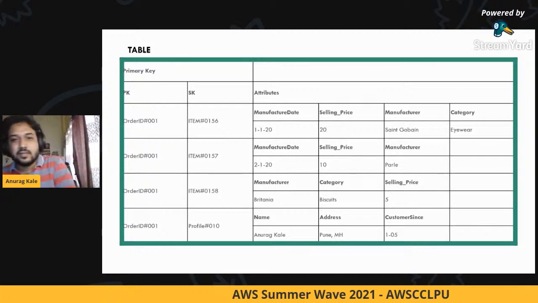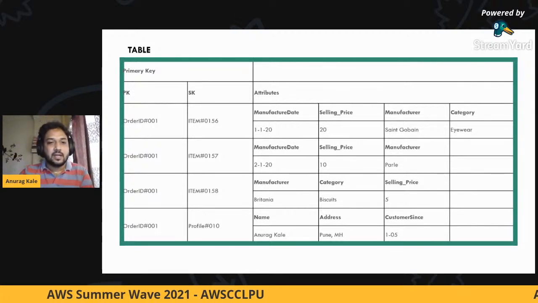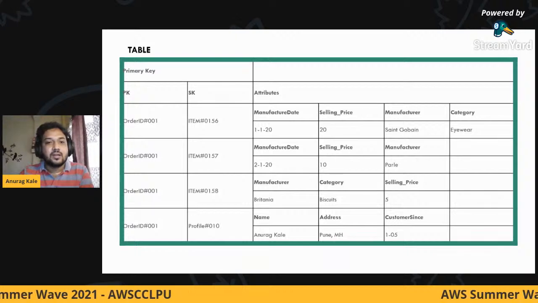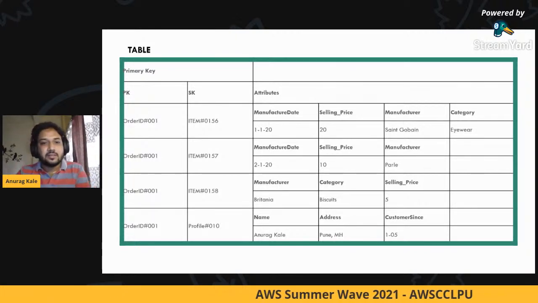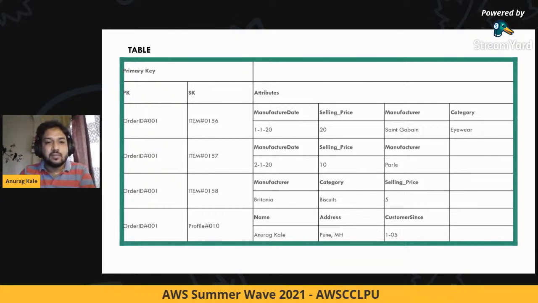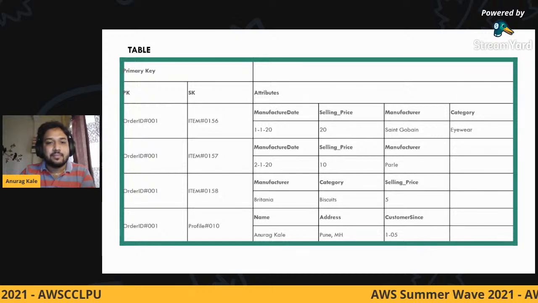So basically, this is a blank space altogether. Now, if you look at item 158, it has the attribute of manufacturer, but it does not have any of the others like manufacturing date, selling price, category. Rather, it has its own, let's say, category and selling price, right?